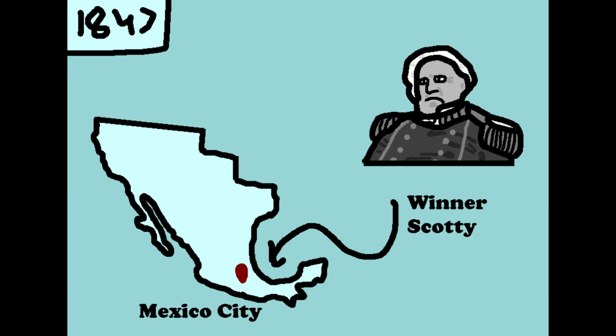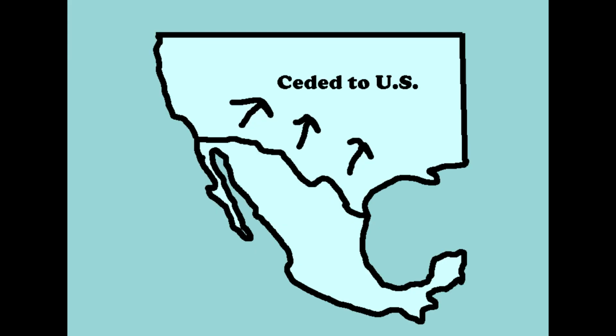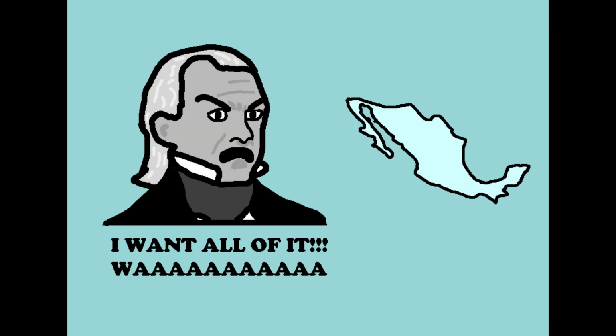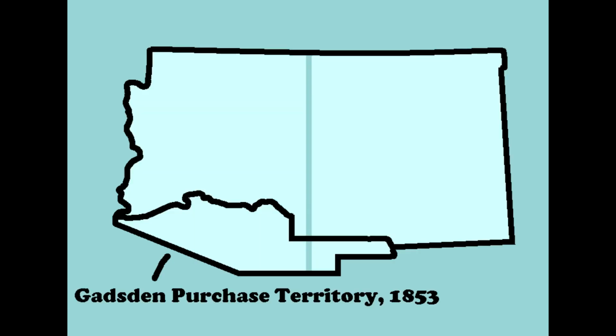The war was fairly one-sided, and by 1847 General Winfield Scott had captured Mexico City after a 6-month-long campaign. The Mexican government signed the Treaty of Guadalupe Hidalgo, which ceded Mexico's northern territories and agreed to the Rio Grande border. Polk and his Manifest Destiny supporters called for all of Mexico, but the current border was almost finalized. I say almost because of the Gadsden Purchase facilitated by James Gadsden in 1853 to get southern Arizona and